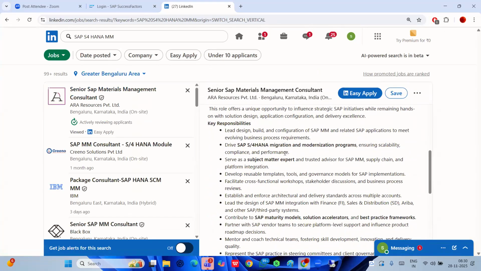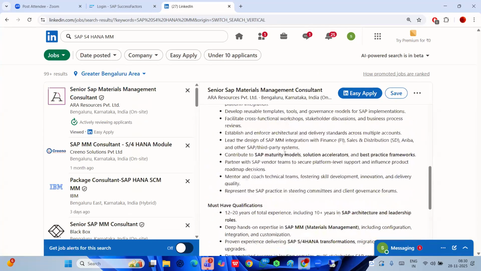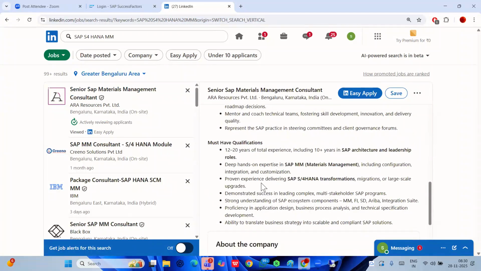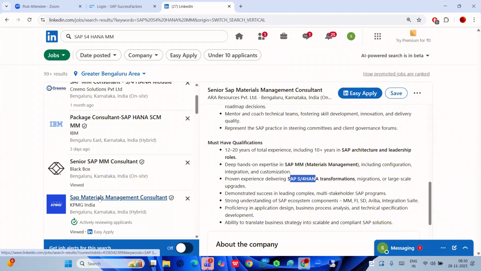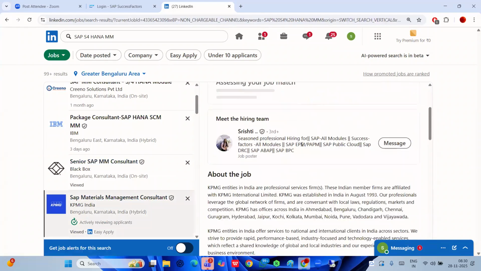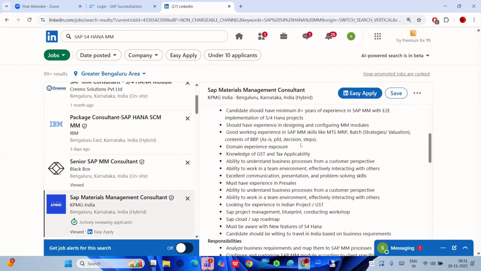Then specify clearly with the theory concepts. Okay, with theory. Okay, with HANA. HANA is compulsory. Okay, the HANA is compulsory, with HANA migrations, with end-to-end implementations. Okay, the last one clearly with